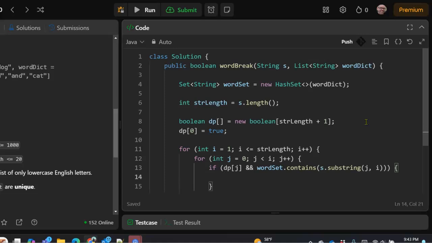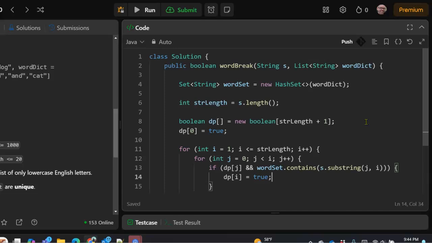If it does, then dp at i equals true. Because if dp at j equals true, that means we can get to index j and successfully break the string up into dictionary words.